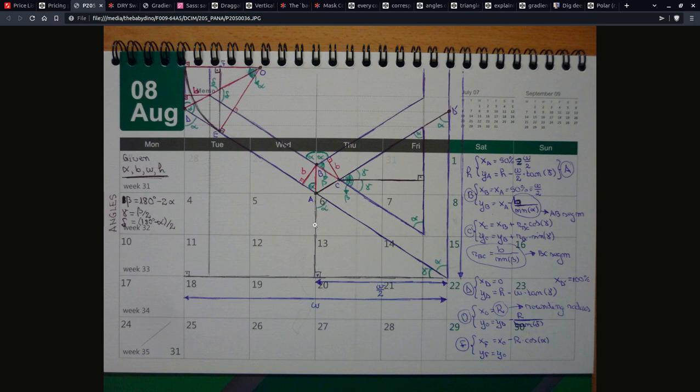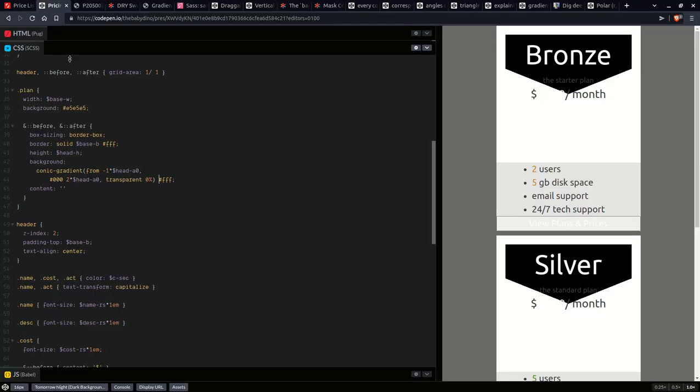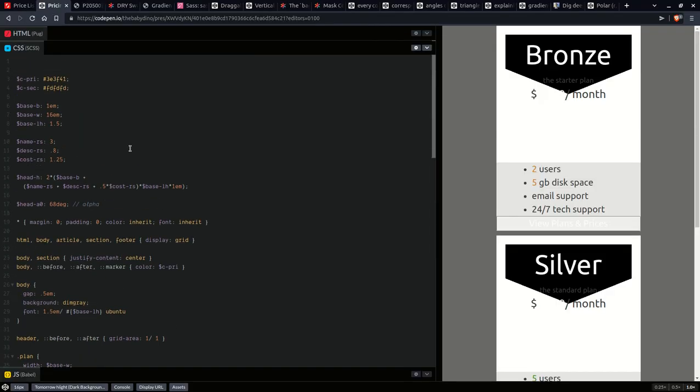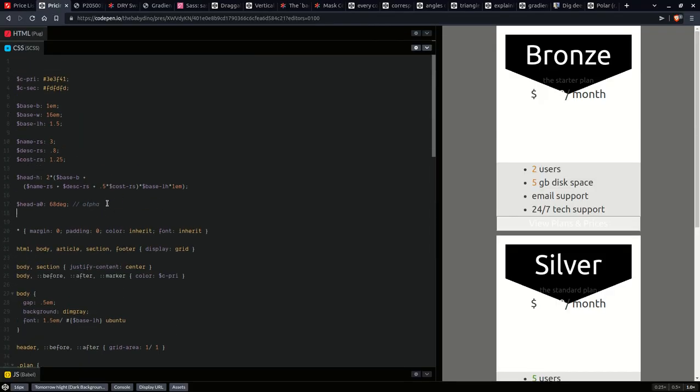So it means that we can compute this edge right here, because this edge over this edge gives us the tangent of gamma. So this edge right here is going to be half the base width times the tangent of gamma. So that is going to give us the coordinate of A, which is going to be the head height minus this edge, which is half the base width times the tangent of gamma. So let's now get the coordinates of A, the coordinates of B, but first let's compute